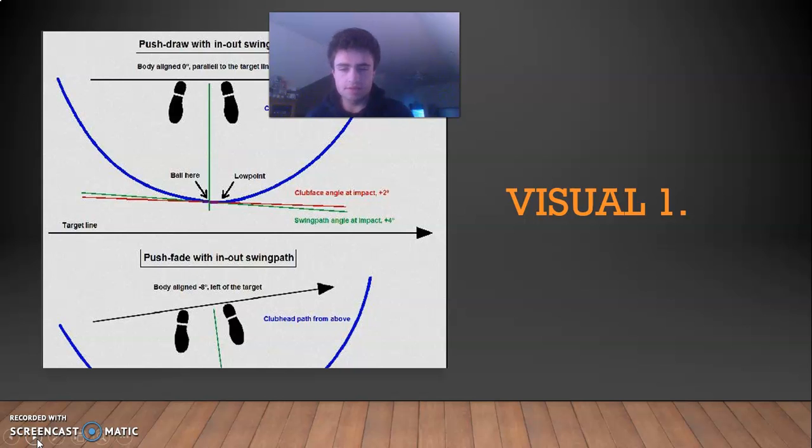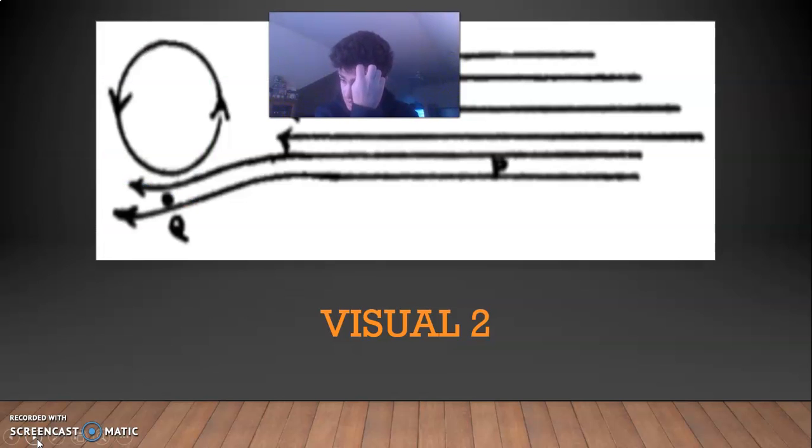The next topic I'm going to be talking about is spin. The importance of spin, of course, is obviously important in how you want to shape your shot or how you want the ball to behave. Do you want the ball to roll forward? Do you want the ball to roll backward? Or do you just want it to stay? So now, as we look here at this visual number 2 from Jay Fuster,